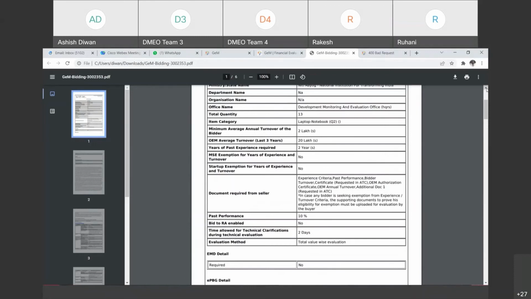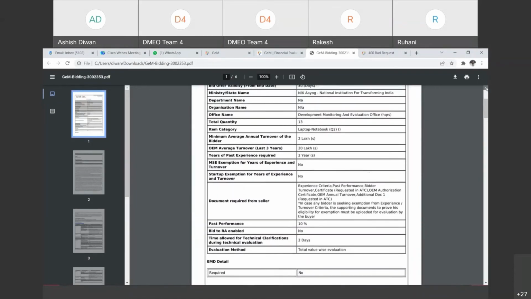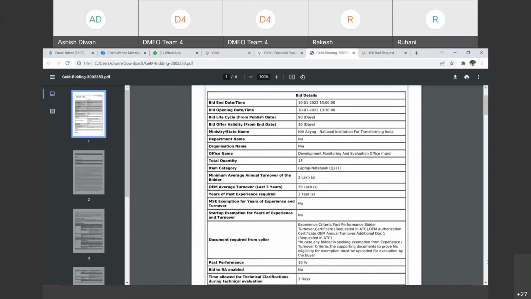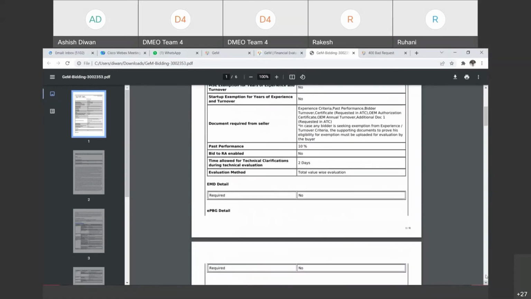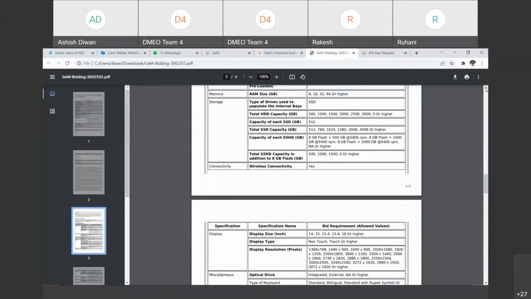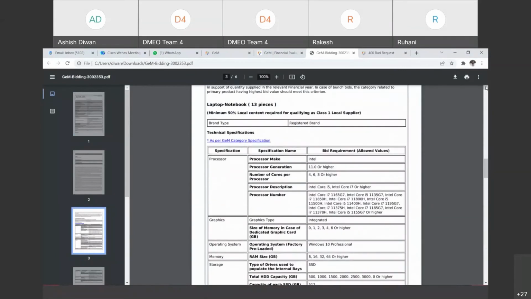और टेक्निकल में सर, इसमें अलग अलग लाइन आइटम का अलग अलग वेटेज भी होता है? जैसे परसेंटेज उस तरह से हम लोग नहीं लेते हैं इसमें GeM में, चूंकि ये बहुत ही कम प्राइस का ही रहता है, इसीलिए वैसा वेटेज नहीं लेते हैं हम लोग। जस्ट जैसे पास्ट एक्सपीरियंस 2 इयर्स है, तो हम लोग देख लेते हैं कि कंपनी ने जो डॉक्यूमेंट्स दिया है वो 2 इयर्स है या नहीं है। जैसे टर्नओवर है, जो हम लोगों ने 20 लाख का दिया है, उसका टर्नओवर CA का सर्टिफिकेट वो प्रोड्यूस करते हैं, या ITR प्रोड्यूस करते हैं, अपना बैलेंस शीट देते हैं। तो उसमें उनका टर्नओवर है या नहीं, ये हम लोग चेक करते हैं।